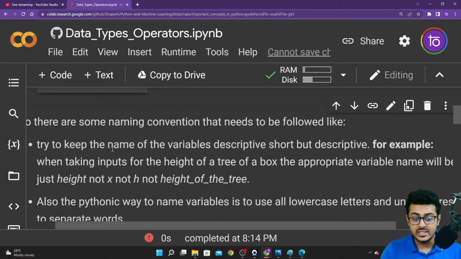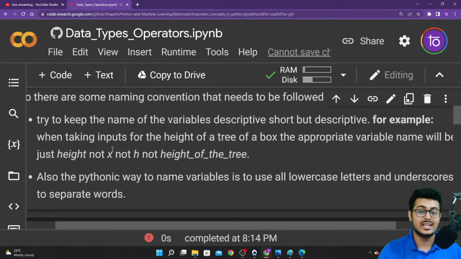But there are some conventions that have been created by the Python development community in general, and if you are not following these conventions, you will not get an error. Your code will work absolutely fine. But according to the Python community, anybody looking at your code will think that you are a noob. You don't know how to program in Python itself. So that is what these conventions are for.